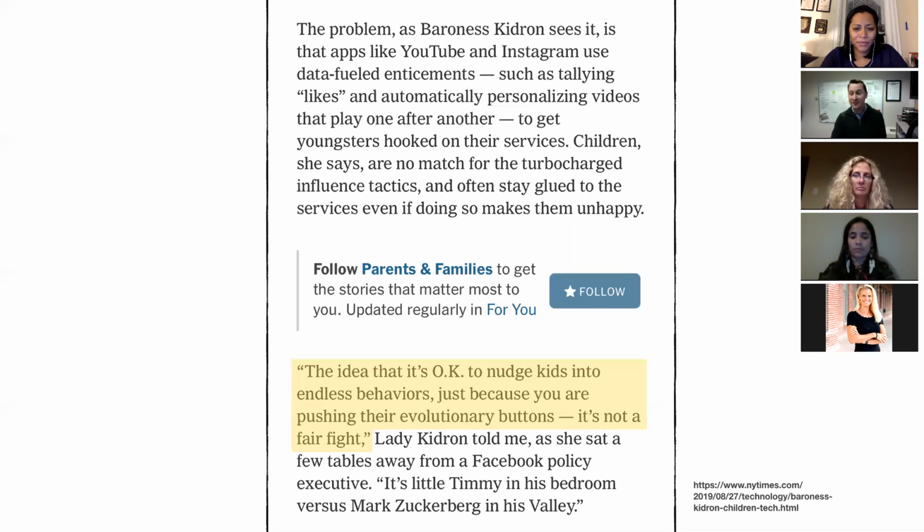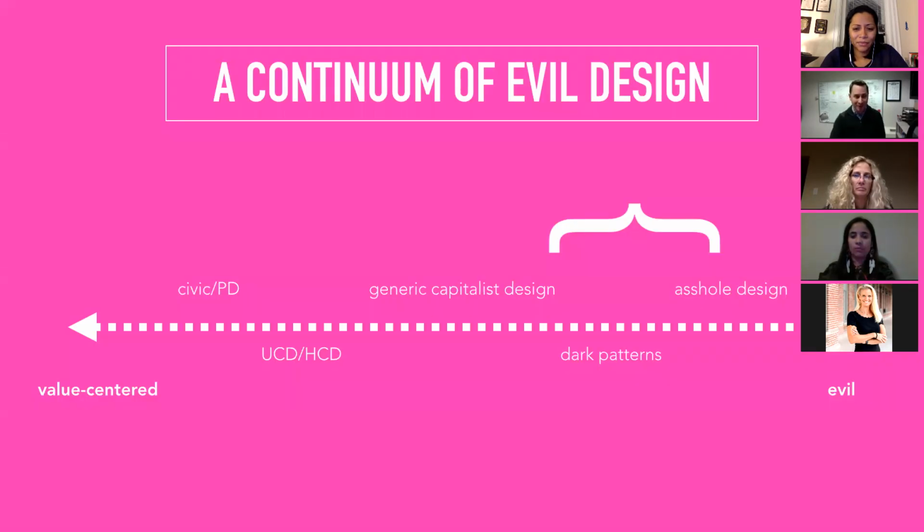So there is what I call a continuum of evil, however. We can think about preying on kids and trying to get them to spend their parents' credit cards, probably pretty evil. But is it evil to gamify an app to help them learn multiplication better? Is that problematic, even though it's drawing on a lot of the same psychological and persuasive impulses? That's an issue that I think requires a lot more nuance to figure out.